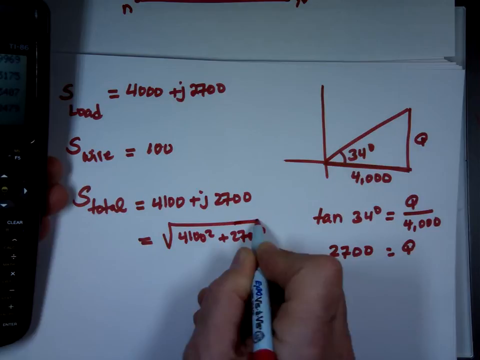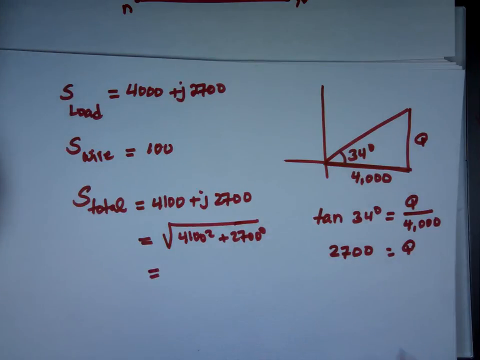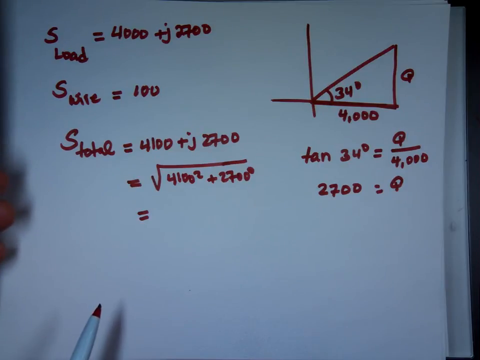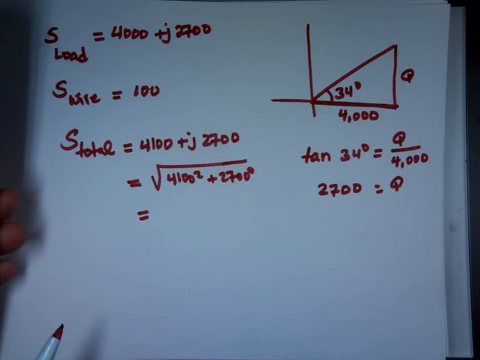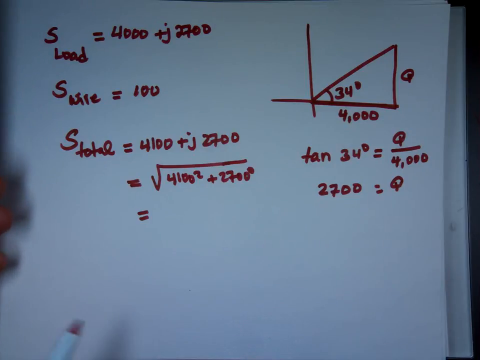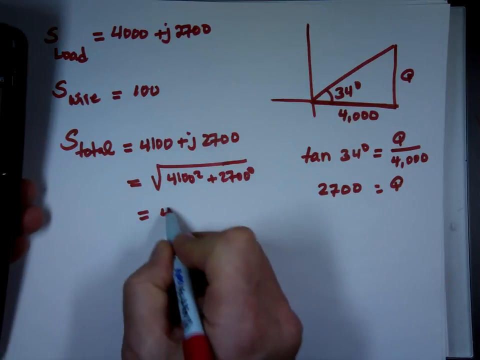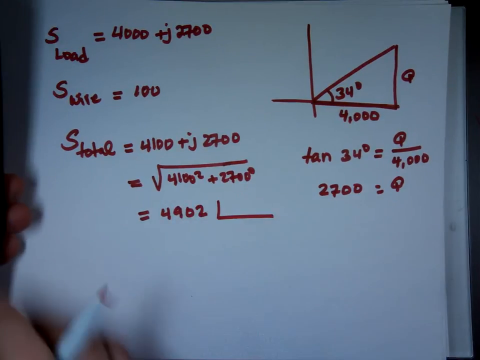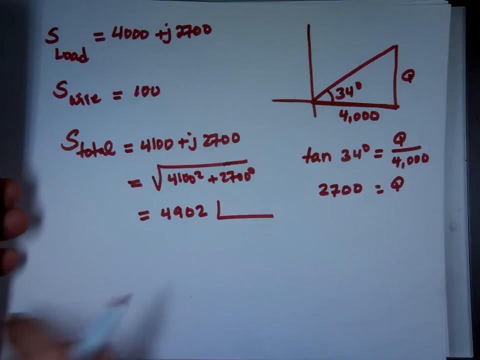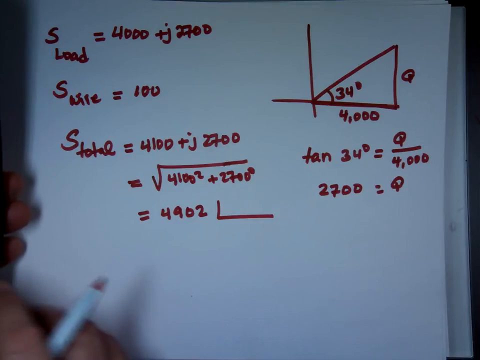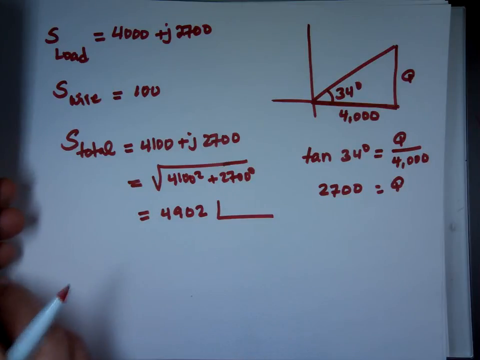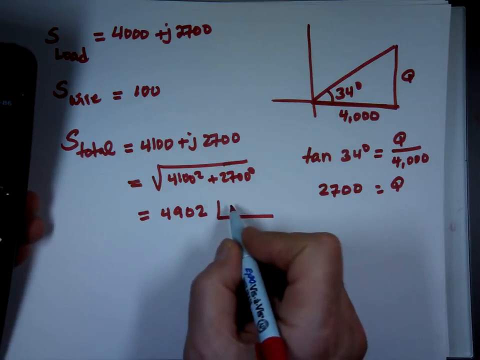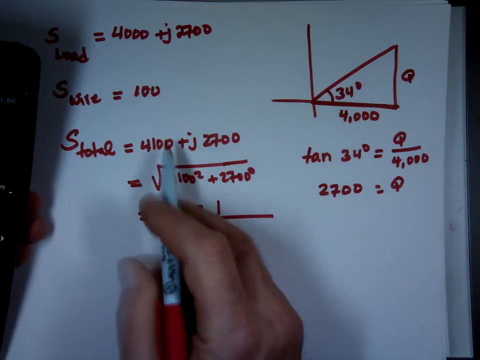Wait, why are you getting the square root? That's the magnitude. Oh, right, because it's the triangle, right? It's 4902. And if you want the angle, you know the power factor, inverse tangent, roughly 2,700 divided by 4,100. Where did the j go when we squared it? You don't, you just take the magnitude, this one squared, that one squared. Oh, right, okay. So the angle is